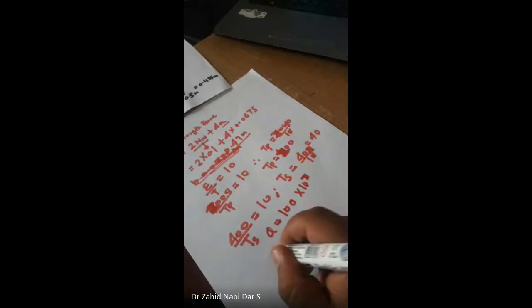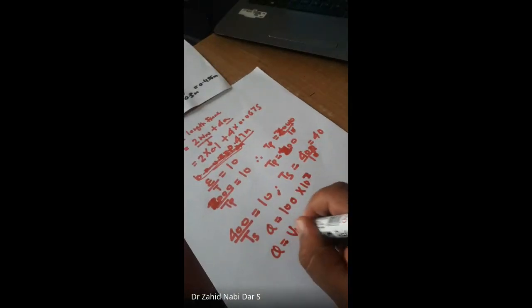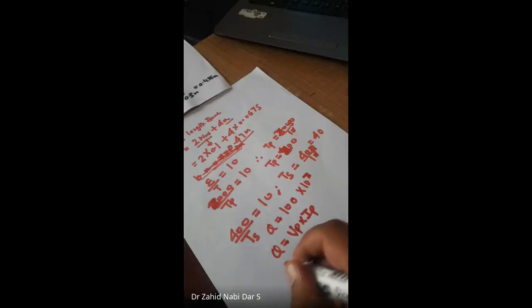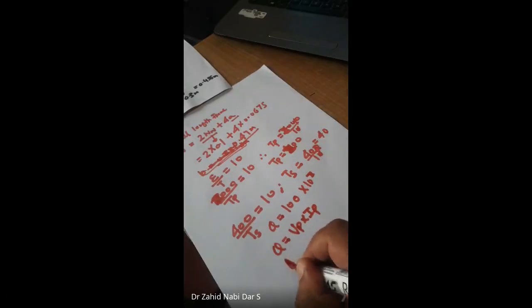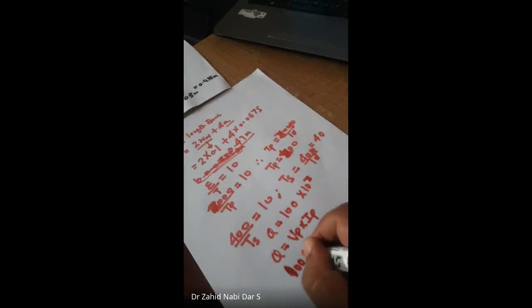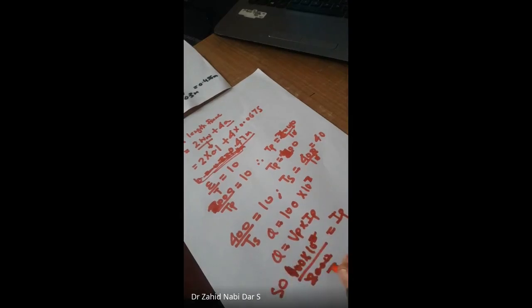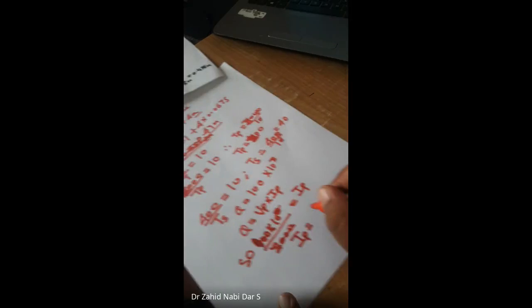Okay, your Q essentially is what? V primary into I primary. So V primary, you know how much V primary is there? V primary is given. How much is V primary? Tell me. 4000, 2000. So your Q you can calculate now. Q is given 100 into 10 power 3 divided by V primary is given 2000. So I primary you can calculate this 1000. This will go. It is around 50. I primary is around 50 ampere.